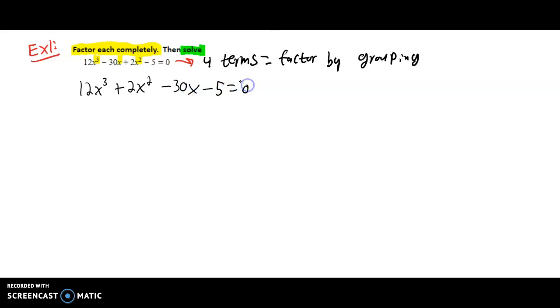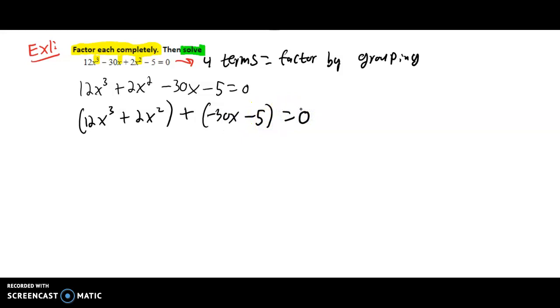Great, we're all in order now. Our exponents go 3, 2, 1. Great. Now I'm going to break these into 2 groups. I'm going to put parentheses around the existing piece. So I can put plus negative 30x minus 5,